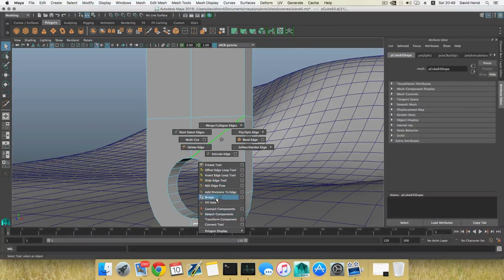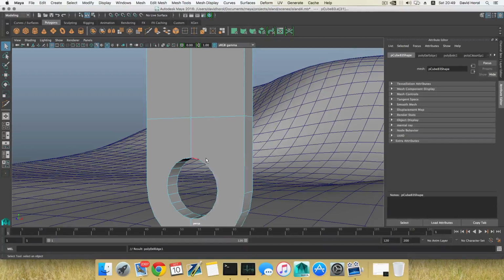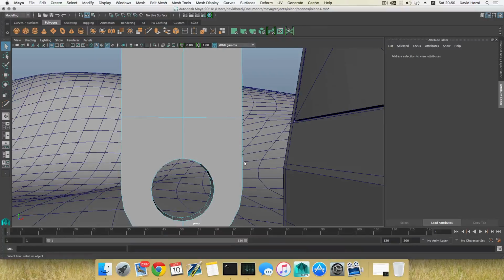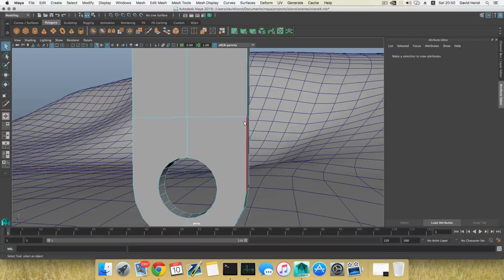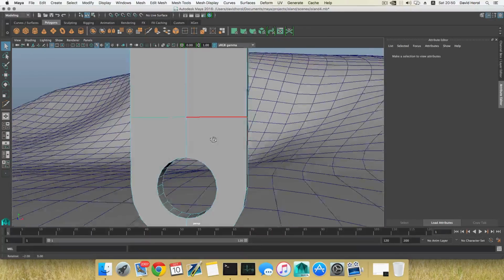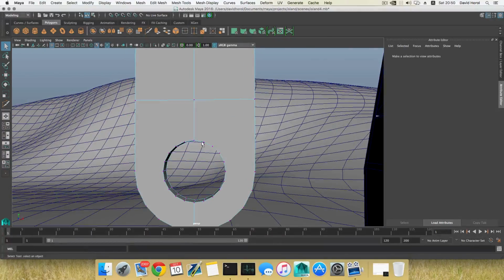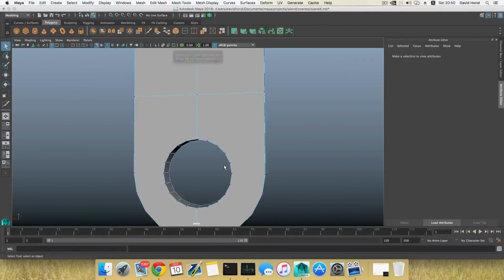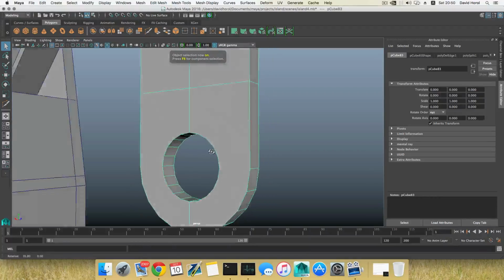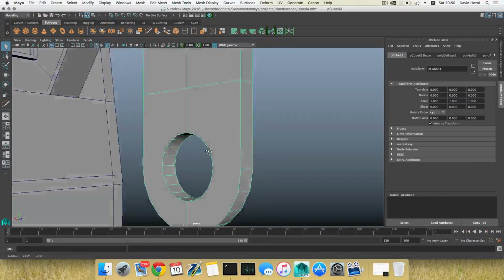Whenever you delete edges, you don't want to press delete on your keyboard in order to delete them. You want to delete them that way. Where is the delete edge? Oh, here it is. Okay, because whenever you delete edges using the delete key, what will happen is that if you have any loose vertices, they will remain on your other edges. So if I right click on this, you can see we have loose vertices here. Okay, each one of them is a loose vertex. So we want to make sure that we have only the vertices that we already have